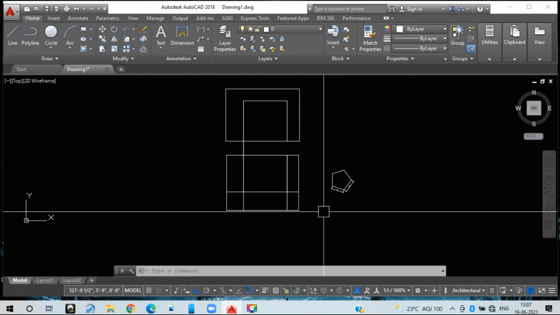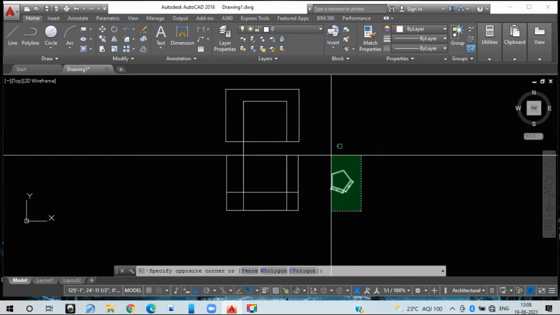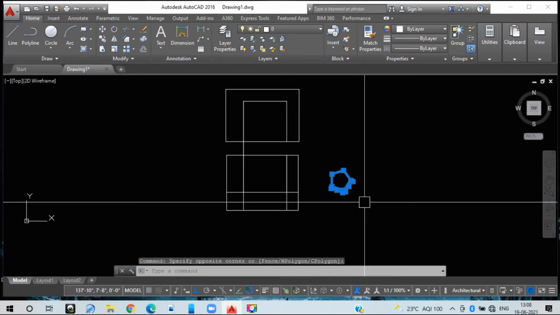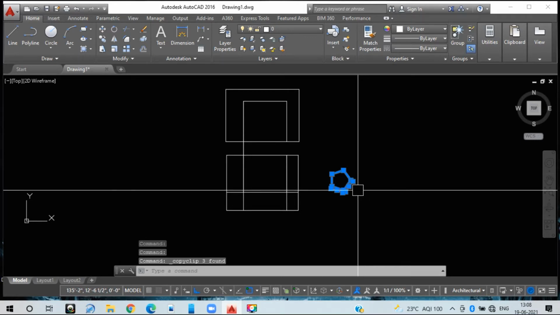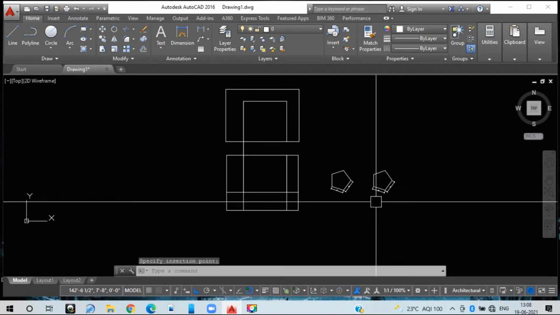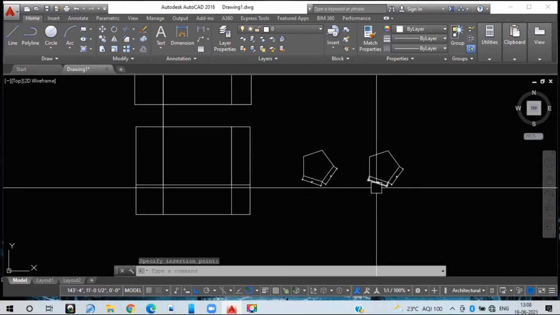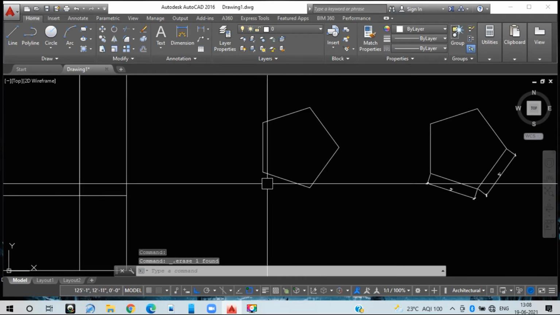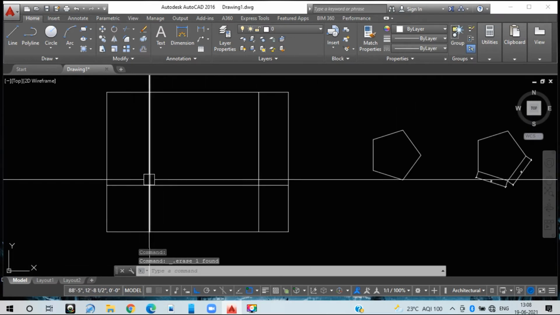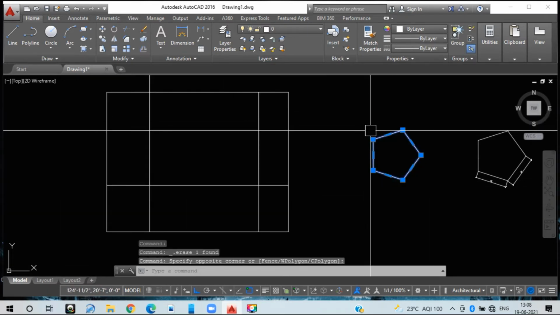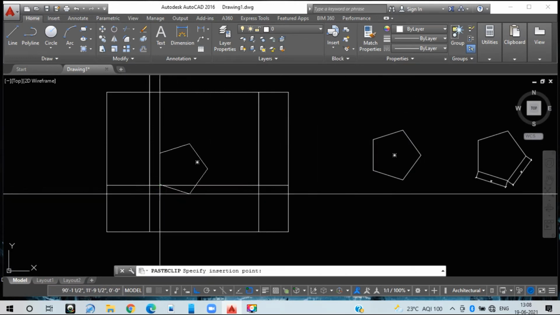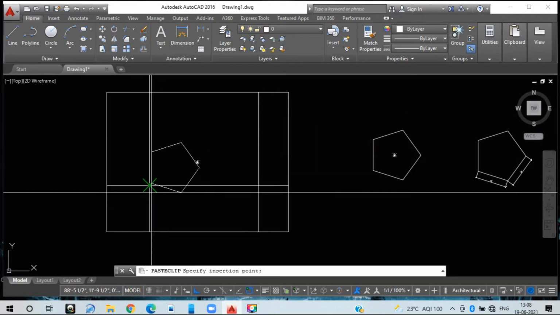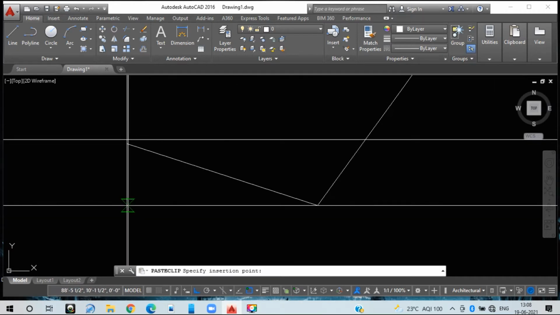See, one more command is there, that is your copy. Already we have seen with your Excel or MS Word, we select the whole word over there, press Control C to copy, and for paste it is Control V. If you are pasting this one, you are not going to get any reference point. For example, if I want to paste this rectangle, this corner I want to place exactly at this corner. If you copy this one and paste it, I don't have any freedom to place exactly that line. I don't know where it is pasting. See, I need to go like this.